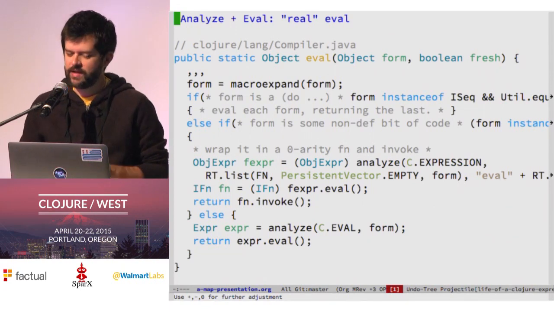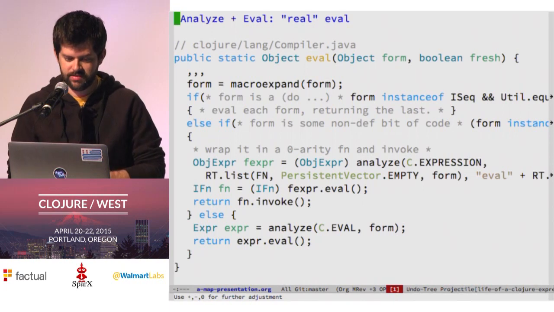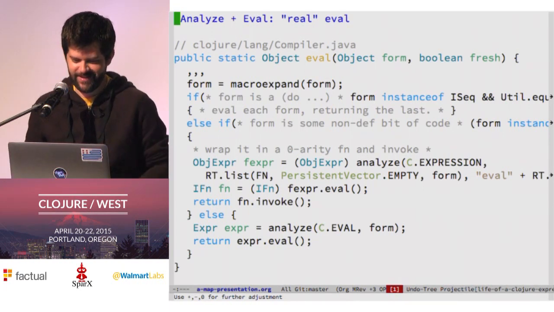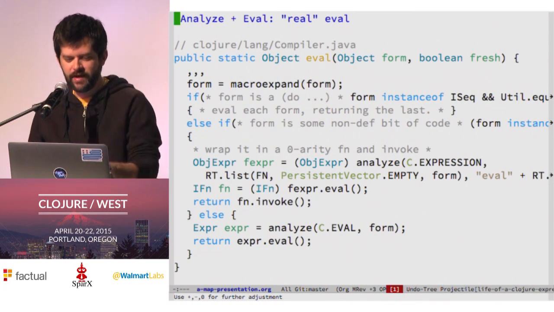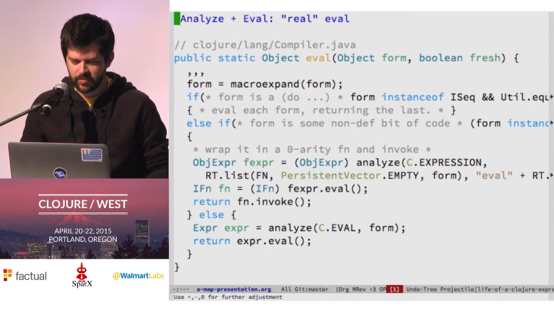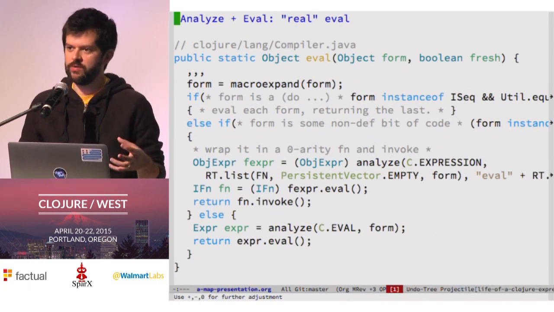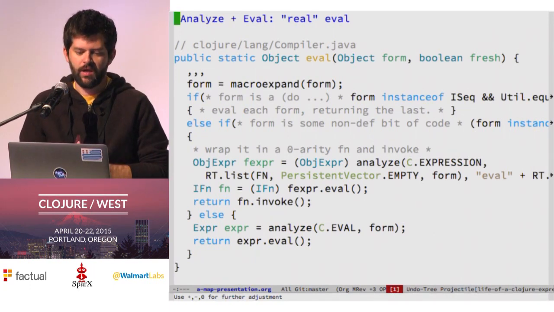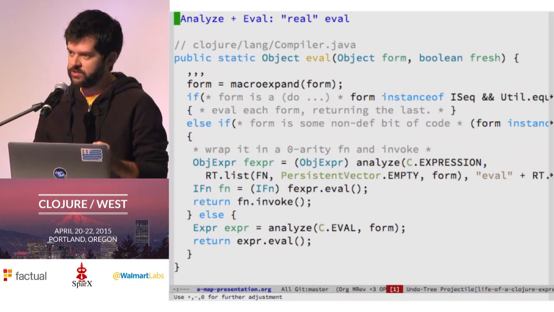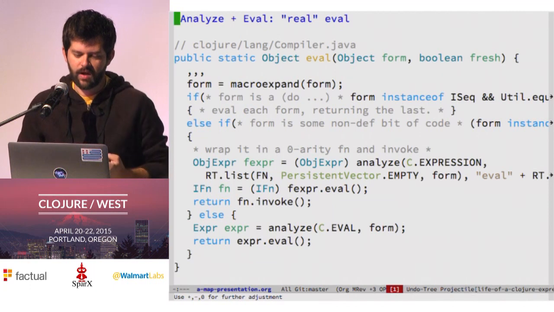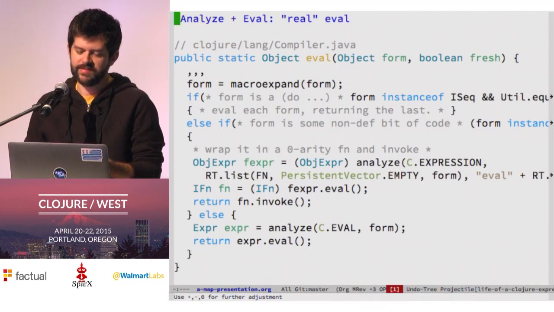I couldn't tell you exactly why that special case is important, but I'm sure somewhere in the Git logs it's hinted at, if not explained. So not interesting for our case, though. Then if the form is some funny little bit of code that's not a def, eval wraps it in a zero-arity function and then invokes that function. This is also not really relevant to our case, but there's not that much to it, and I think it's interesting to see that